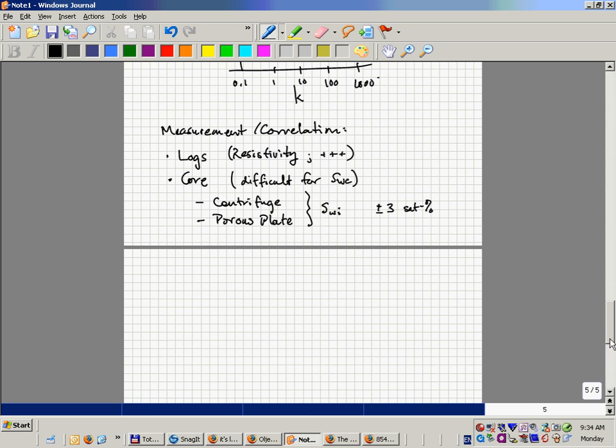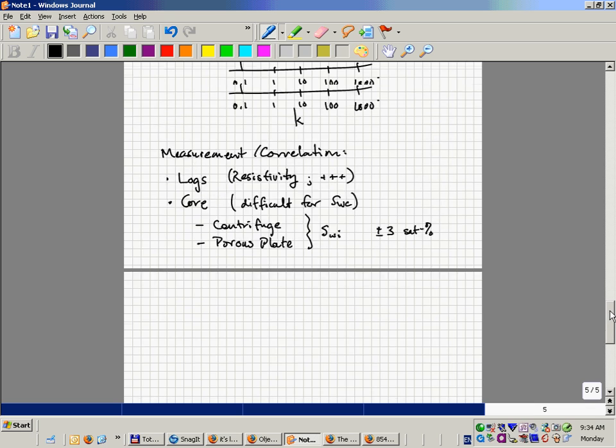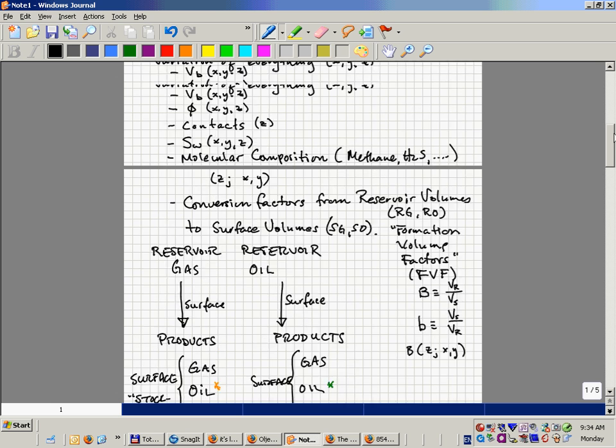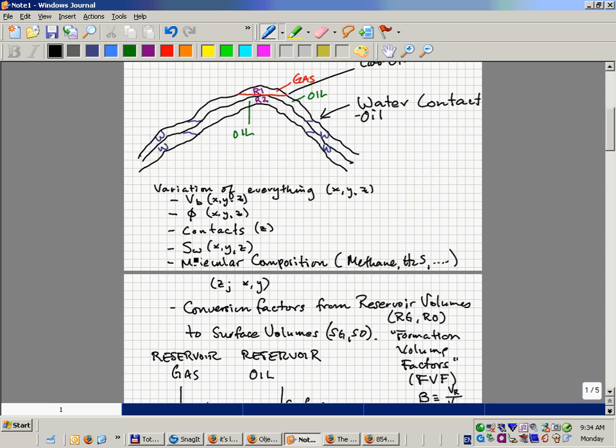Okay, so that's water saturation. We've got porosity. What else was on our list here? Porosity, water saturation, composition. Actually, instead of molecular composition, we typically use these conversion factors. Sometimes I'll make this a comment. Instead of knowing methane, ethane, propane, it's enough usually to know the surface